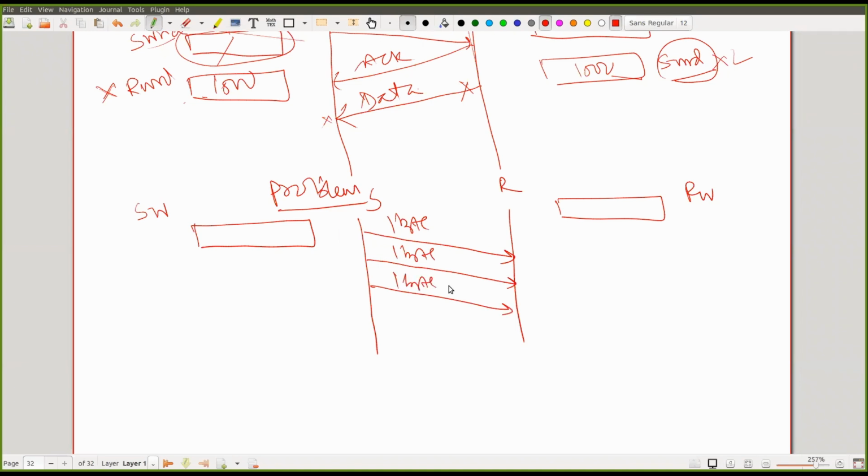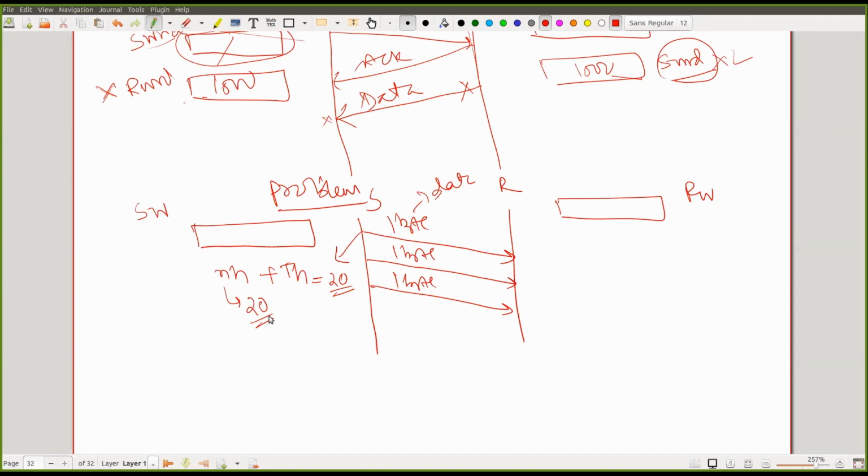Okay, so when I say the sender is sending 1 byte of data, that means 1 byte of data. Whenever 1 byte of data is going, as part of the transport layer header, minimum how many bytes of header? Going ahead, the network layer is going to add its own header. You may not have known this at this point of time, but let me tell you: in the network layer header also, a minimum of 20 bytes of header is added. It can go up to 60 bytes, exactly as TCP. So minimum 20 bytes of header is added as part of the transport layer header, and minimum 20 bytes of header is added as part of the network layer header.